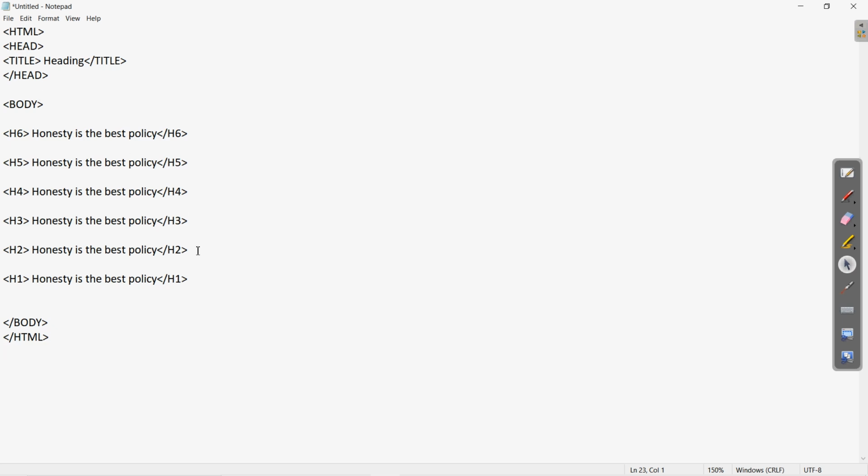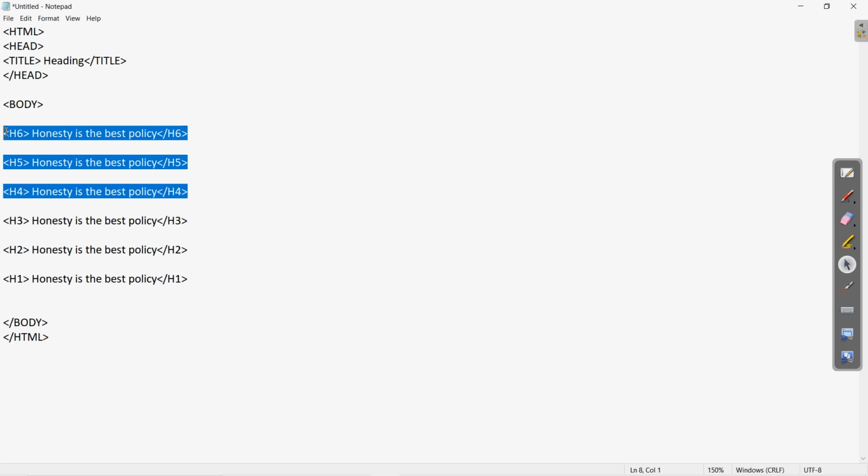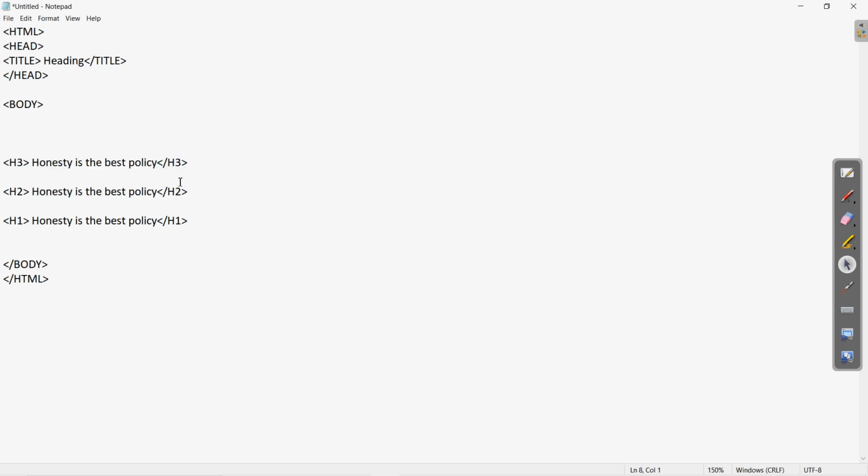Now let us see. So here I am removing a few of these. Suppose we are using 3 heading levels to see the different alignment. So we have to write this alignment attribute within the heading tag. In the starting, meaning the opening tag, we will write the alignment. So the attribute name is align, and with the align, whatever the position we want to write, we also know that all of these attribute values are written in inverted commas. So you can see this will appear like this.